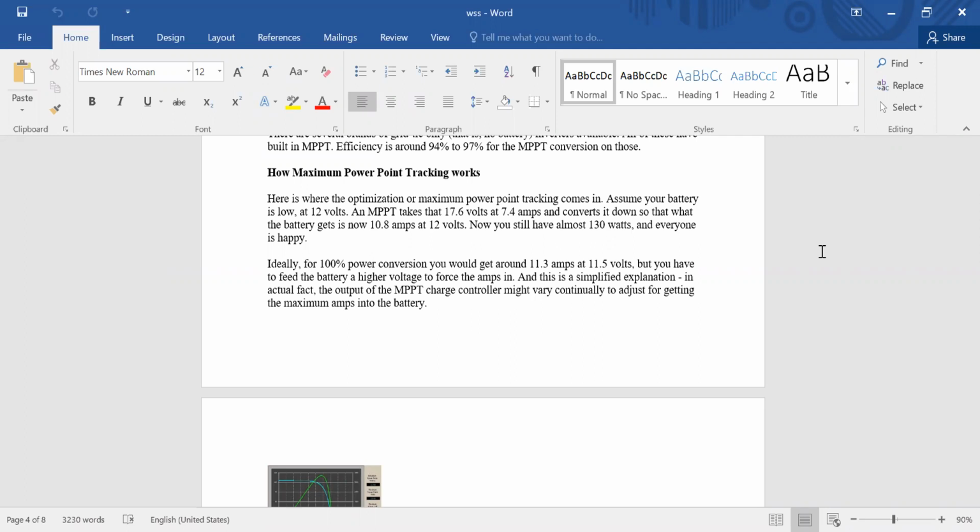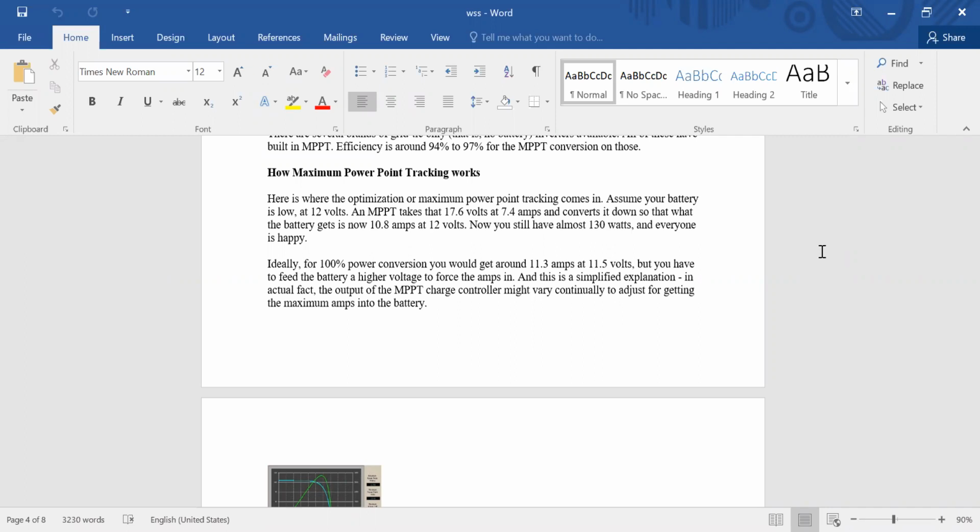So the battery gets 10.8 to 12 amperes. Now we have almost 130 watts, and everybody is happy. But ideally, for 100% power conversion, we need around 11.3 amperes at 11.5 volts. But we have to feed the battery a higher voltage to force that into amperes.